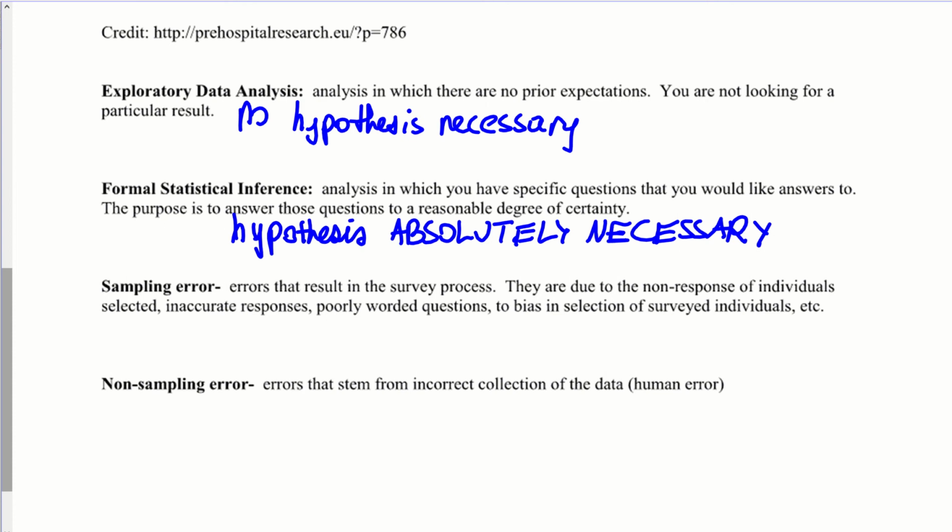But anytime you're collecting data from individuals, you are surveying them. I can survey a group of people for their vitals, all right, so getting blood pressure, heart rate, body temperature, height and weight, and things like that. That is still a survey. You don't need the individual to respond to individual questions, but you're collecting information from those individuals. Any error that occurs in that process is going to be sampling error.